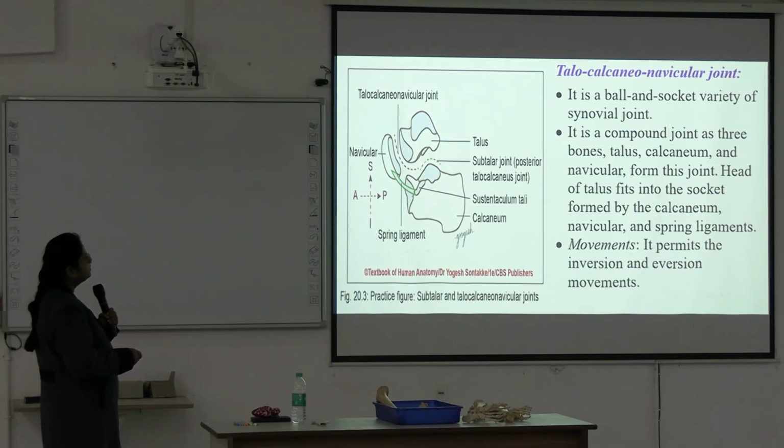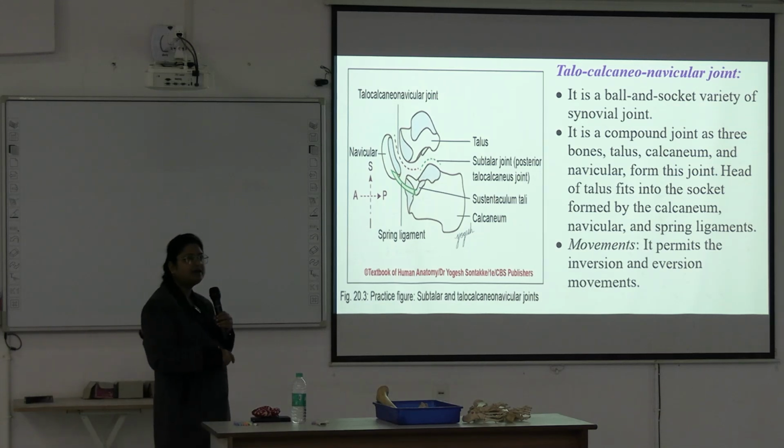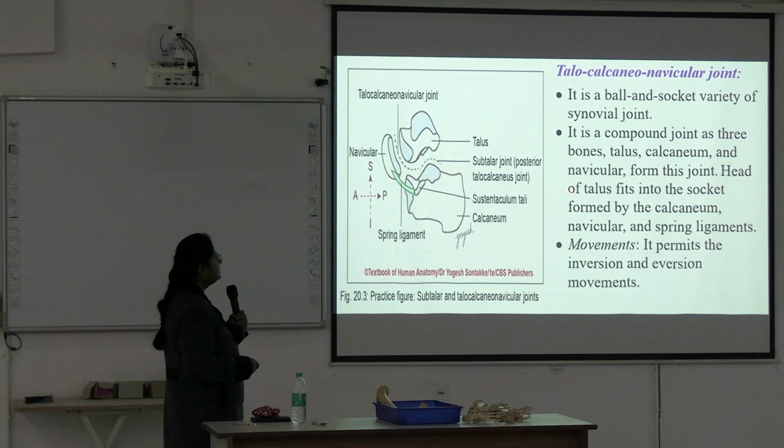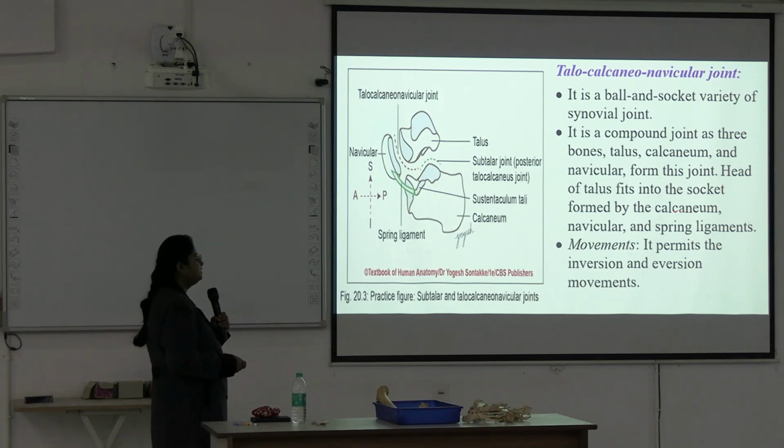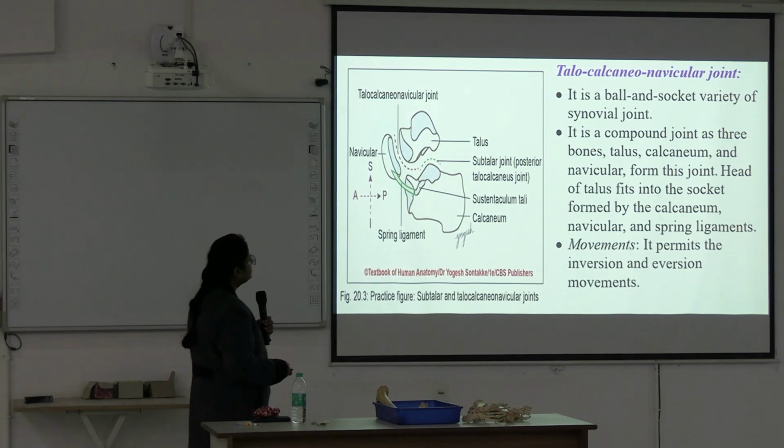So the whole joint together forms the talocalcaneonavicular joint, and the one component formed between the talus and calcaneum is known as the subtalar joint. So the subtalar joint is part of this talocalcaneonavicular joint. The head of the talus fits in the socket formed by the calcaneum, navicular and spring ligament. What is the movement? It permits inversion and eversion movement. Next